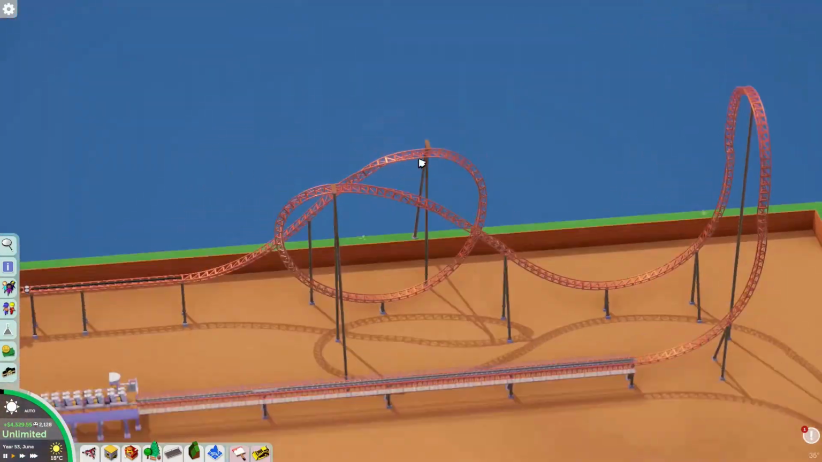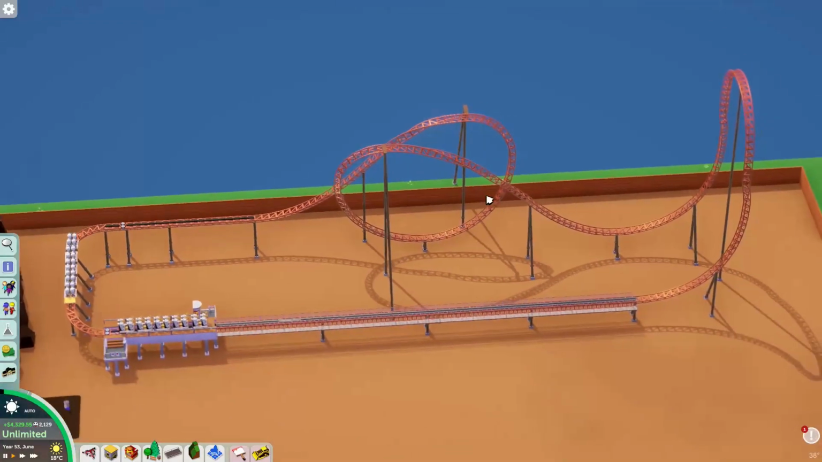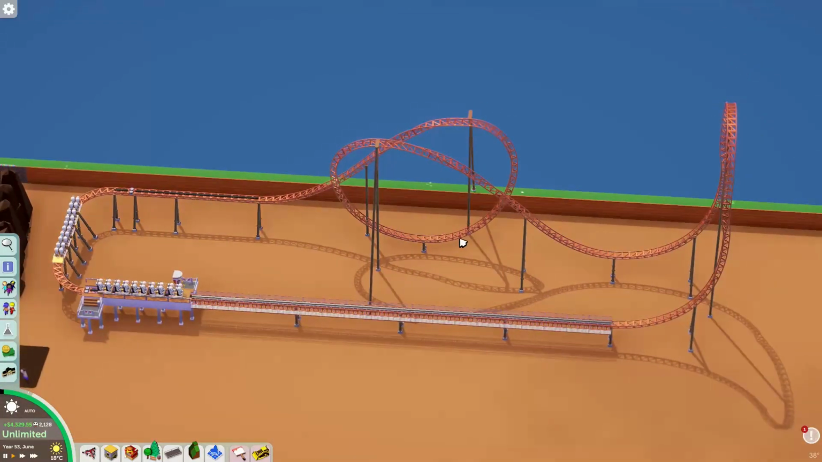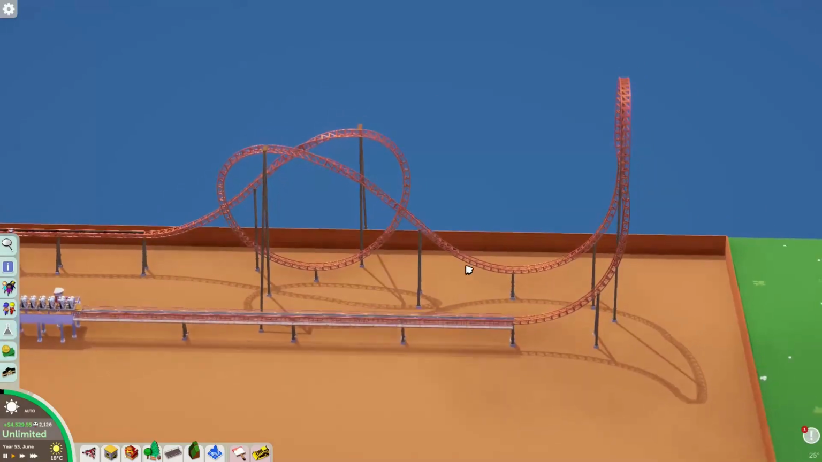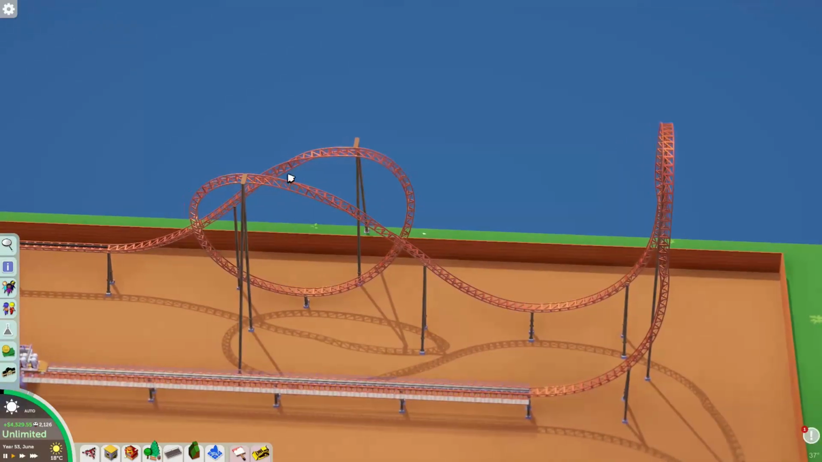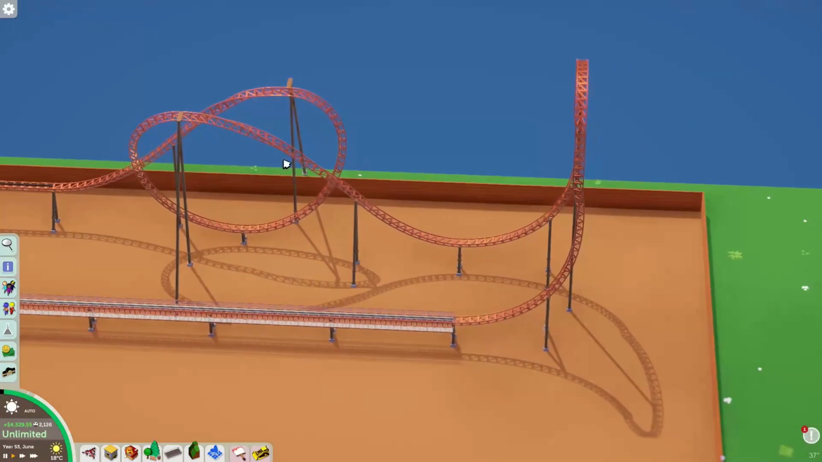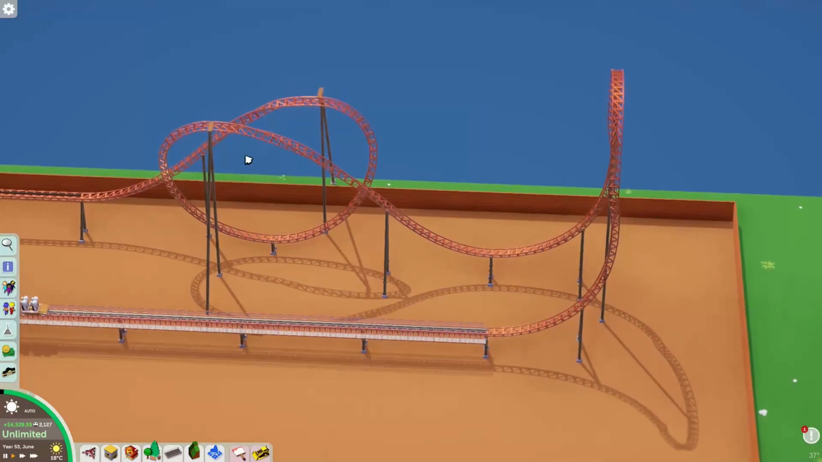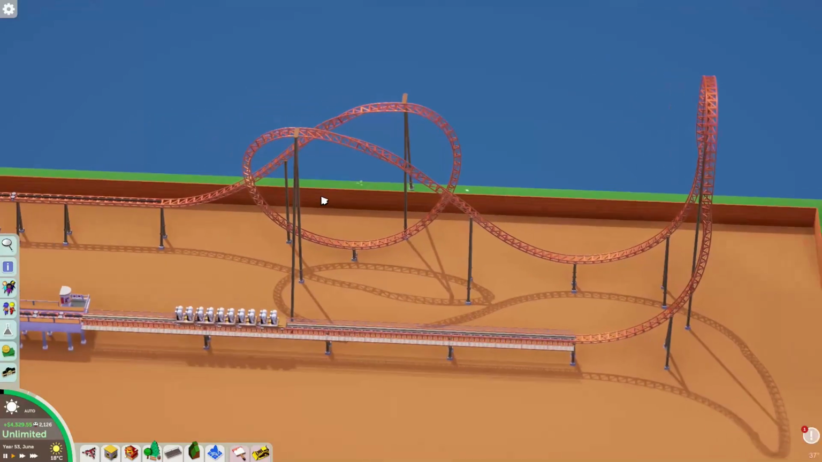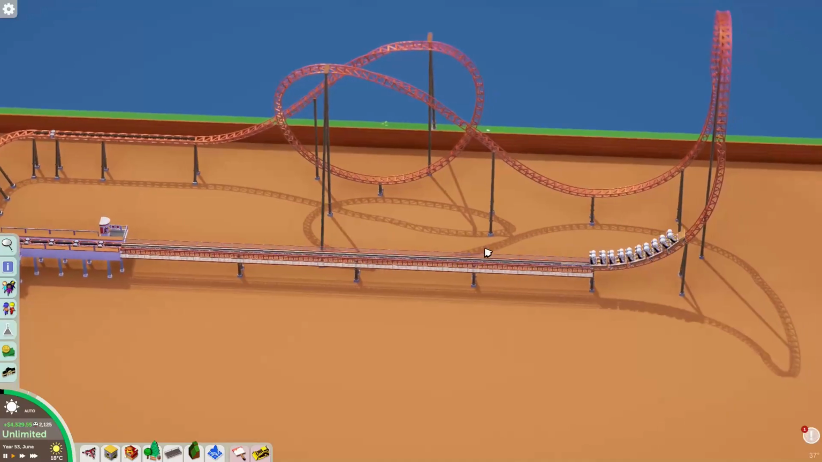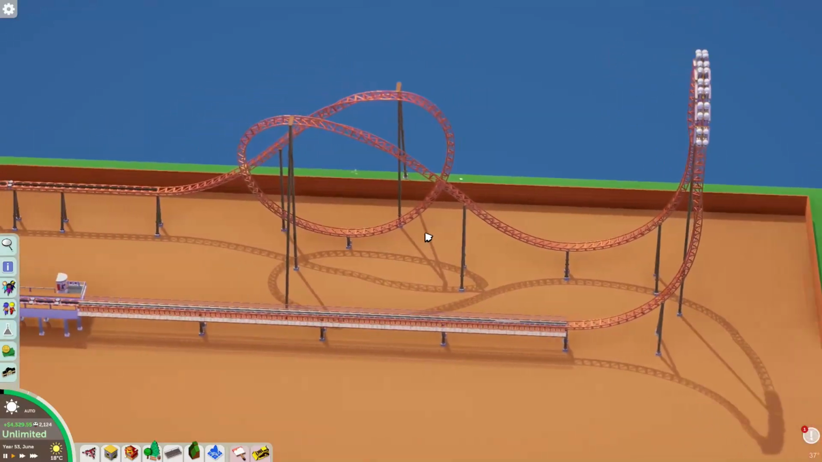Alright, here's the layout that I made for this accelerator coaster. Now, something which I quite quickly decided on was to make one of these Norwegian loops here, which is actually a double inversion. After that, I was struggling a bit trying to make an interesting layout for the coaster, and